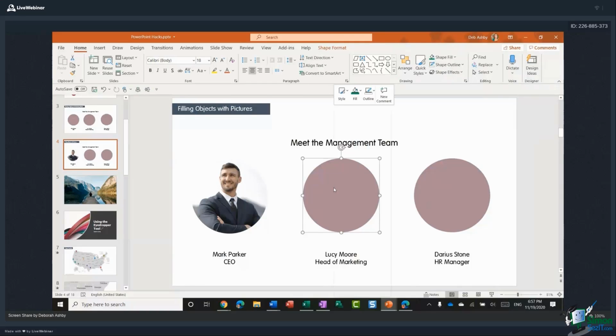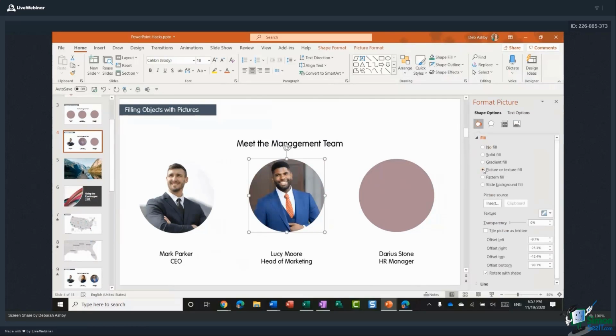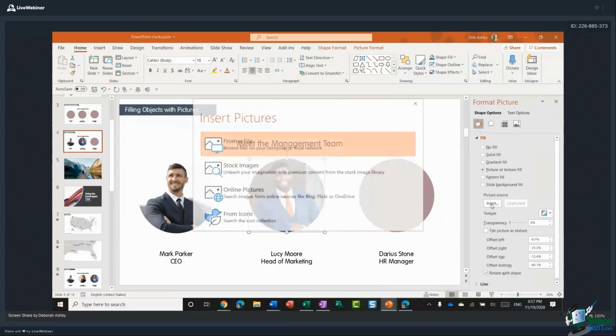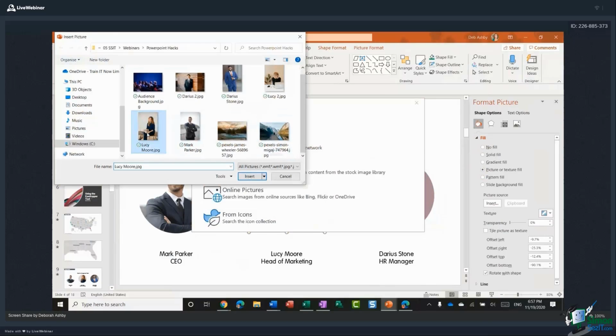I'm going to right click and I'm going to go down to Format Shape. And you want to expand the Fill option just here because we're going to fill this shape with a picture. So I'm going to select Picture or Texture Fill. Now what it will do is it will fill with the last image that you used. And for me, that was this image. Now I want to use a different image. So I'm going to say Insert from File, and I'm going to select the picture that I want to use. And it's this one just here.